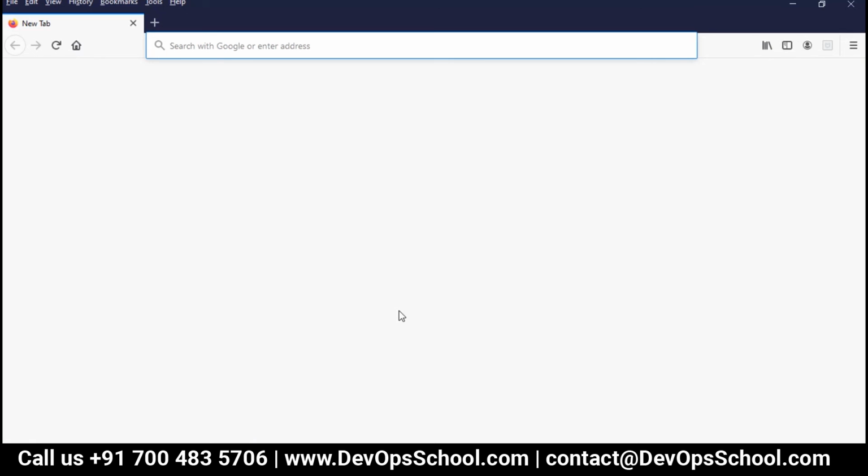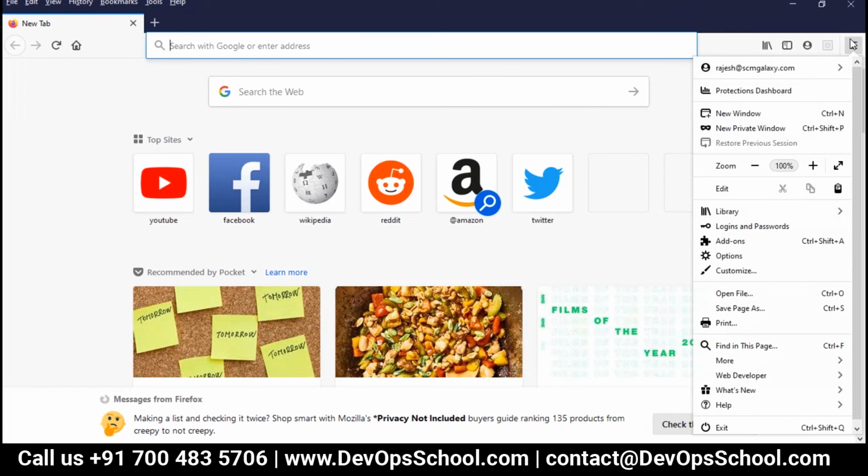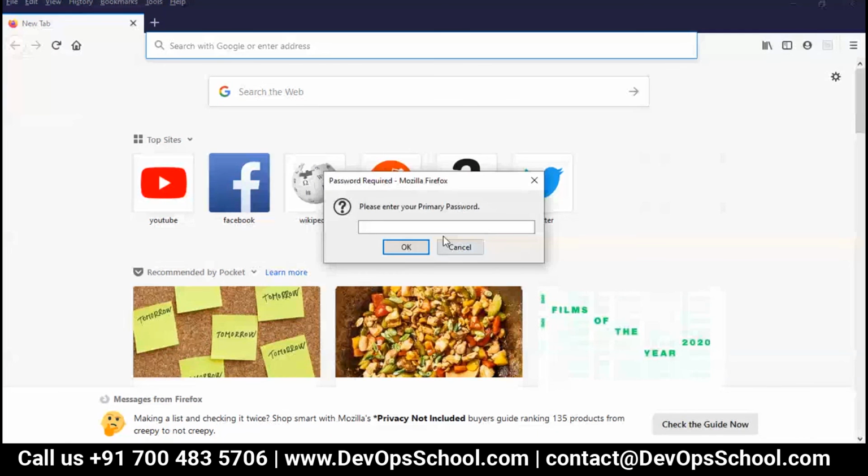I think the browser got crashed or something. So no problem. I'm opening one browser. Now I'll go and enable my extension. It was enabled only, but I think it got disabled.